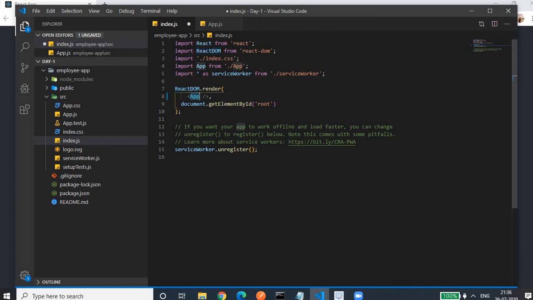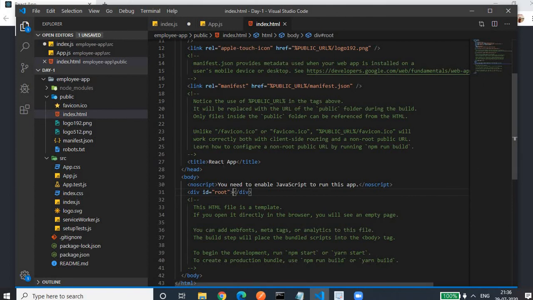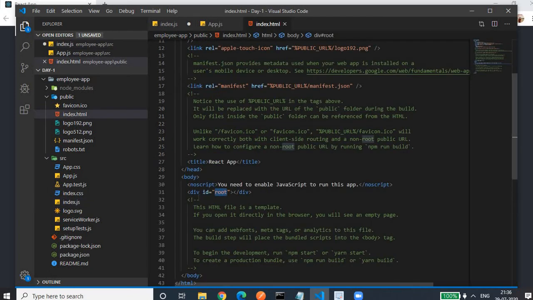Then whatever code we have written here, we have to render that in the root div of the index.html page. That's why I highlighted that page in the start. This is the index.html page where we have a div tag having id as root. So our App component, which is the main component being referred by the index.js page, is rendered within the DOM element having id as root. Only one element has id as root. So it is being rendered within this div tag.